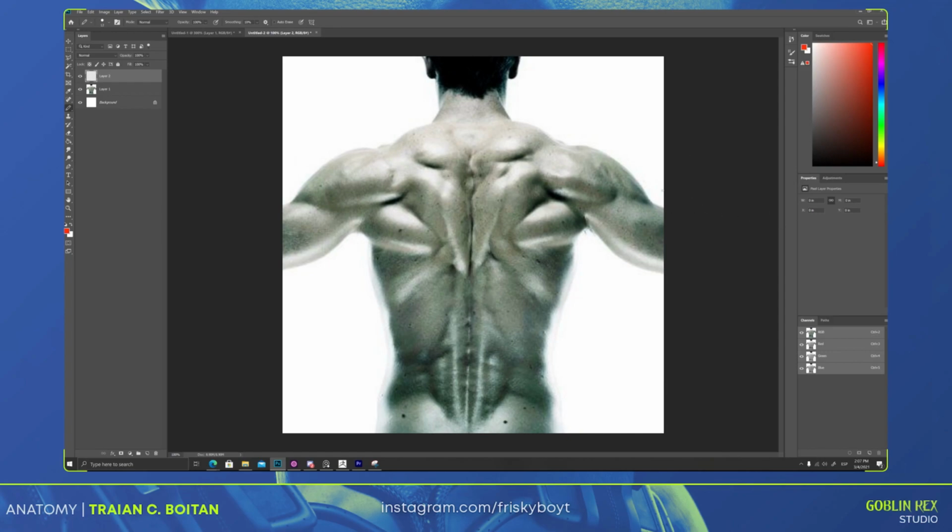First step before starting the sculpture, I will try to recognize the bony landmarks and mark them with red, like in the example that we had before. Here we have the acromion process,